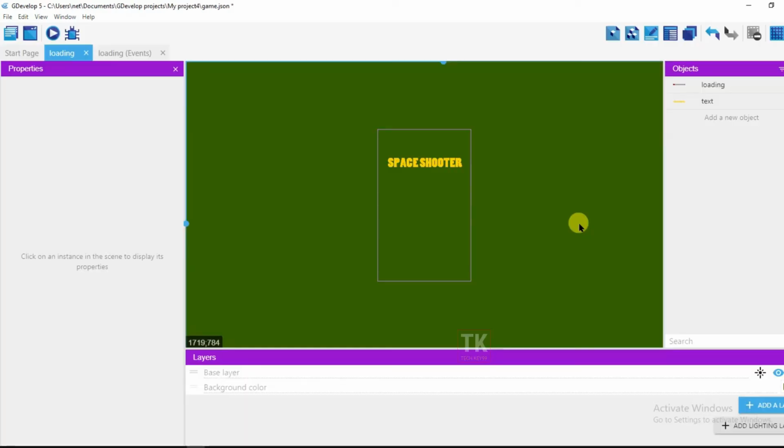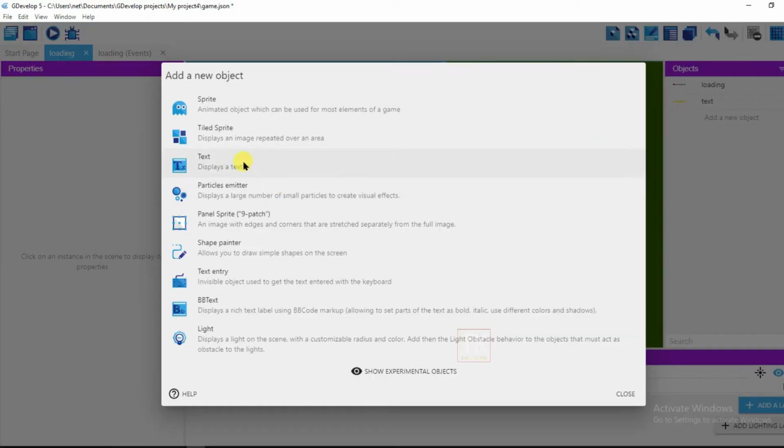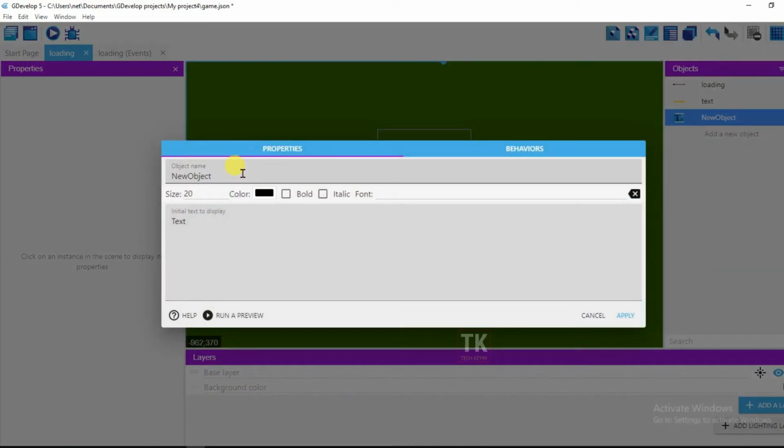For video ads, I'm going to create a button. If I click on the button, then video ads will be shown. So click on add a new object and click on text and type here a start button,